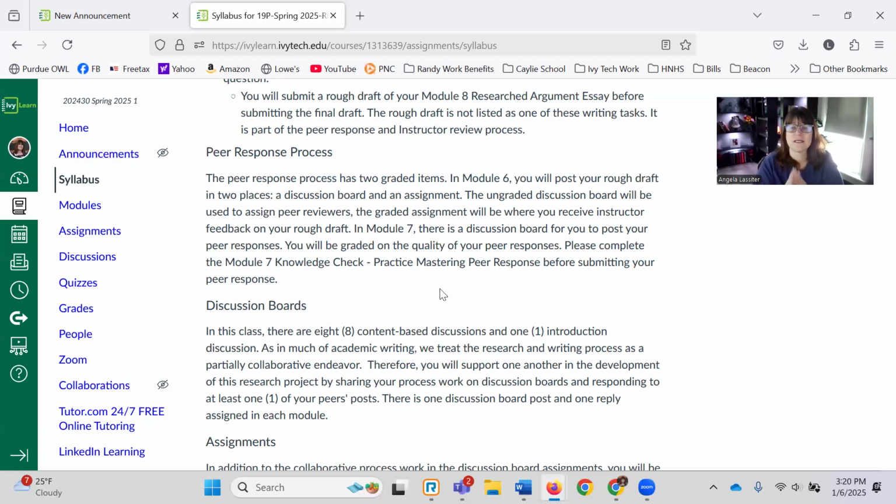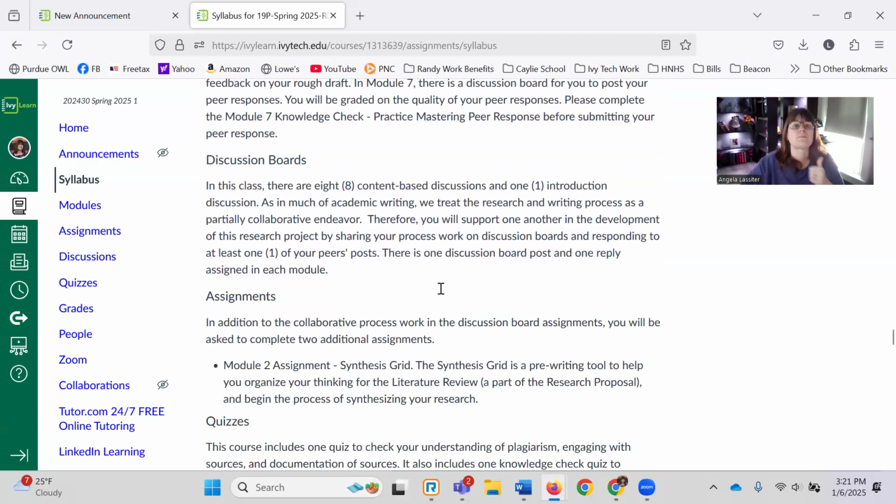Follow directions, follow the rubric, follow the instructions, do what it tells you to do, because that's how I grade you. If you don't follow the instructions, how am I going to grade you if you didn't do what you were supposed to do? So that's how I grade, is by how well you follow directions. If you do that, you're going to be golden. Okay. And if you are confused about directions, please reach out to me. You will find videos where I'm walking you through the directions in every module for every assignment. I try to do that. Okay.